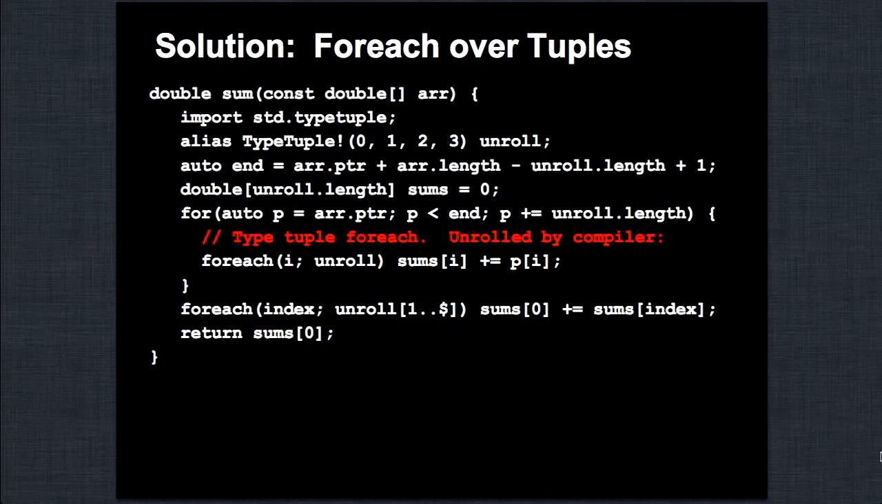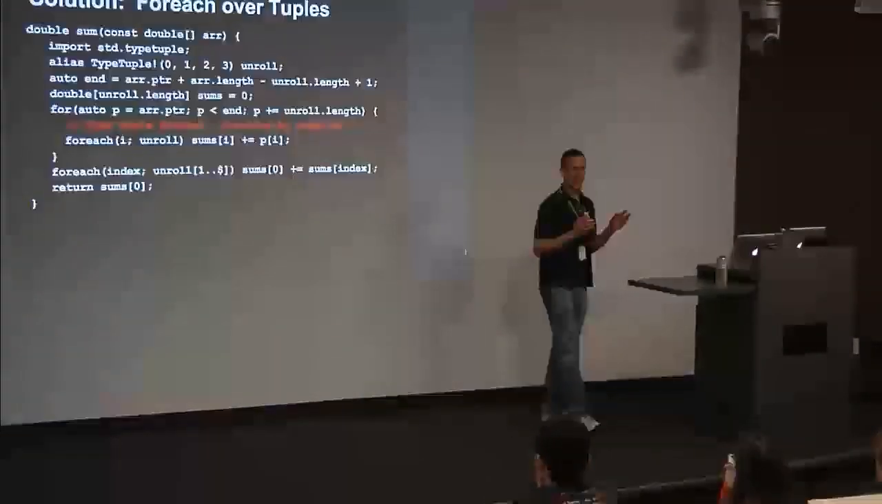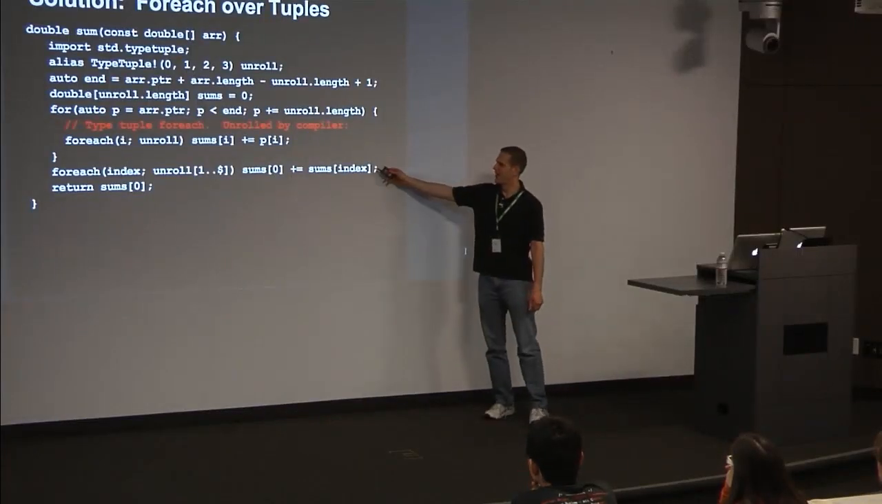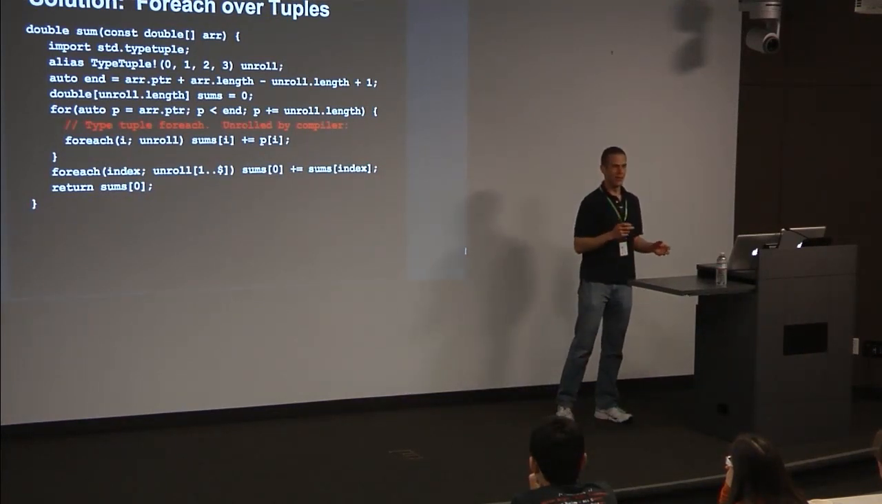And so this outer loop iterates over our array in blocks of 4. This inner loop is automatically unrolled by the compiler because it's a loop over a tuple. So basically this translates to sums[0] plus equals p[0], sums[1] plus equals p[1]. Again, these offsets are known at compile time, which enables some optimizations in terms of being at a fixed offset from the stack pointer. And then at the end we sum up our accumulator variables and return